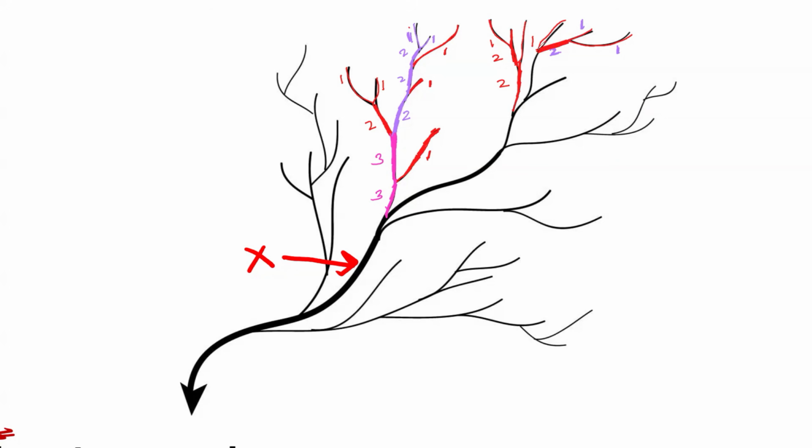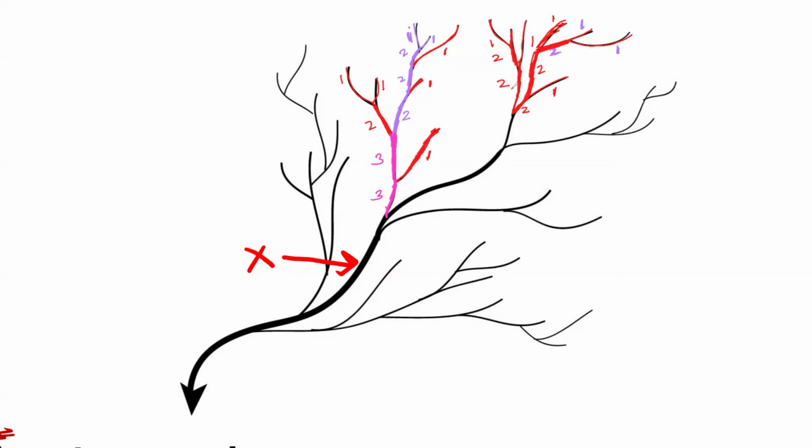This particular one that I'm highlighting, stream order 2, is combining with stream order 1 here. This is stream order 1. That's going to continue being stream order 2. So this is stream order 2. Combining with another stream order 1, it continues being stream order 2. Continues being stream order 2. Do you guys see that, right? Are we still together, guys, on these stream orders, or maybe I'm doing this alone?